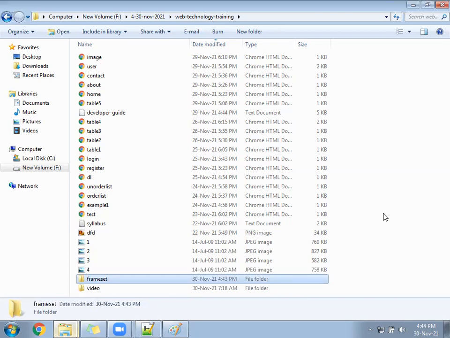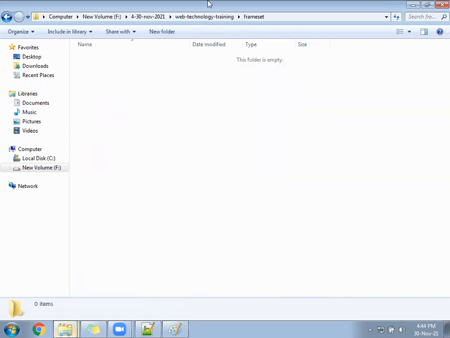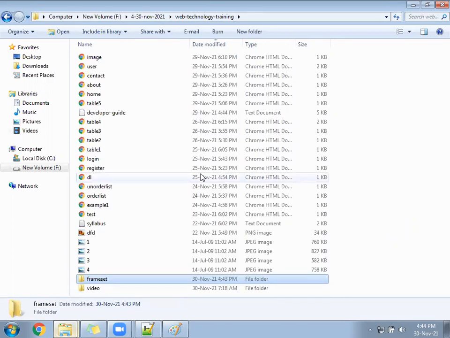Hope the folder is ready. Inside this frame set folder, you will create the file, and you will not store it elsewhere, else it will become difficult to identify and run it. Make sure we save all the files in one place.